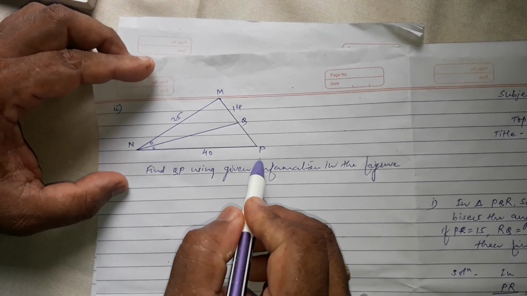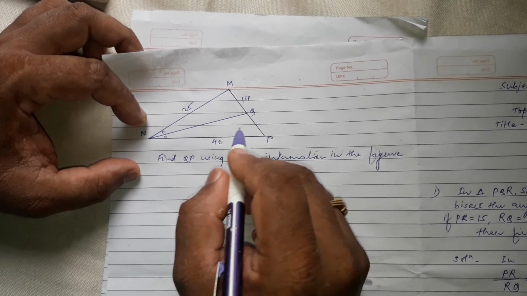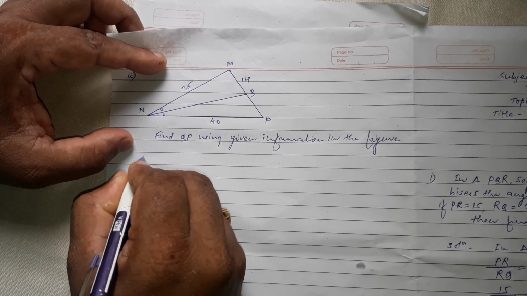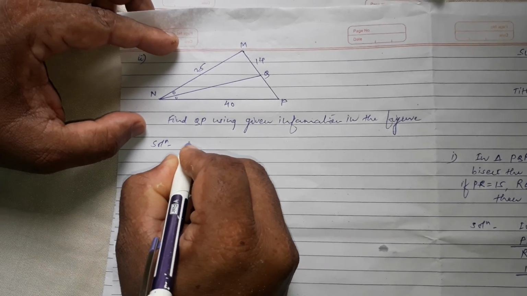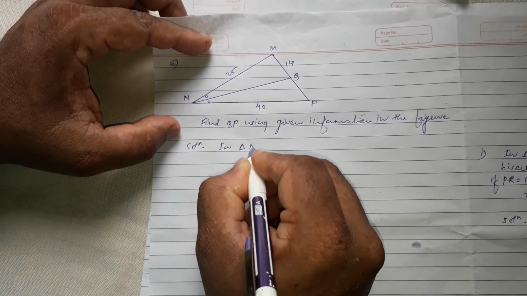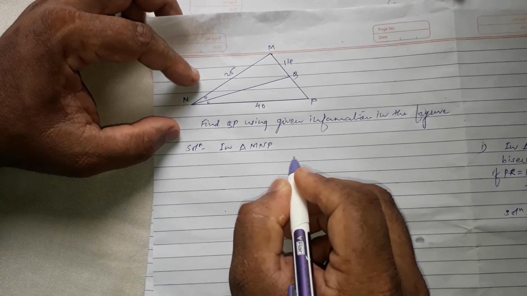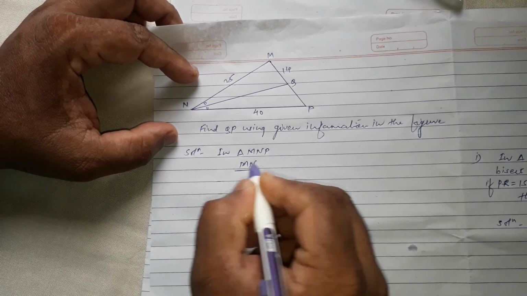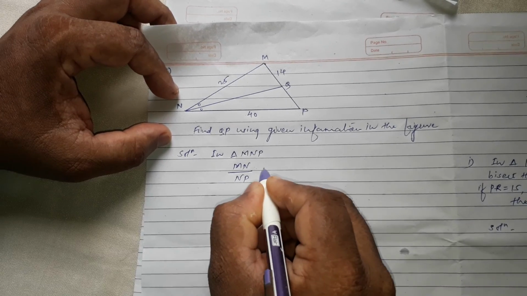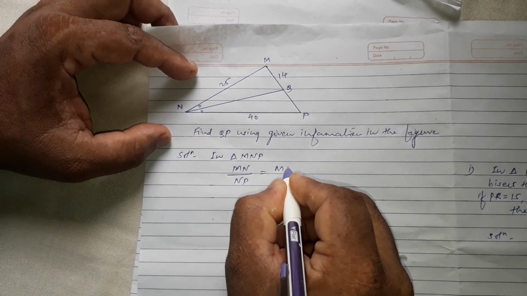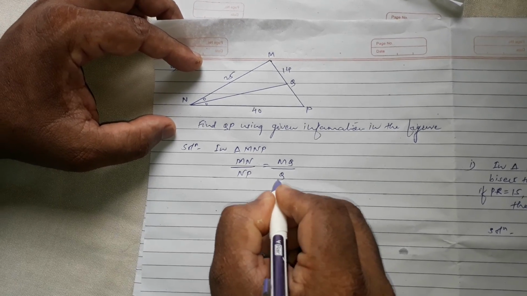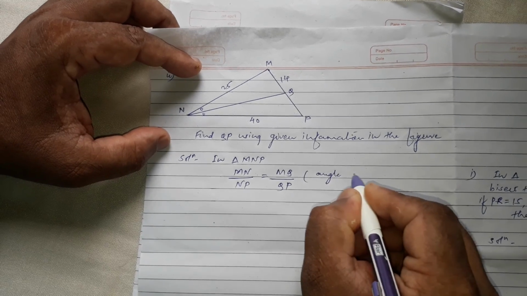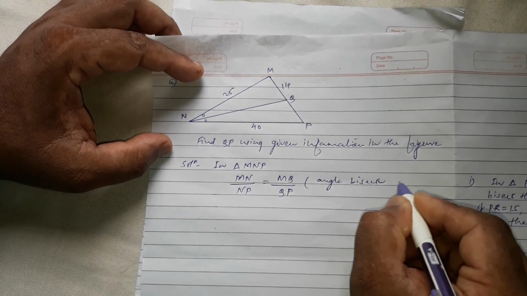So in triangle MNP, NQ is the angle bisector of angle N. By using this theorem in this triangle, we have to write the solution. In triangle MNP, by using the angle bisector theorem, first you have to take the side MN upon NP is equal to, afterwards you have to take MQ upon QP. You have to mention the angle bisector theorem